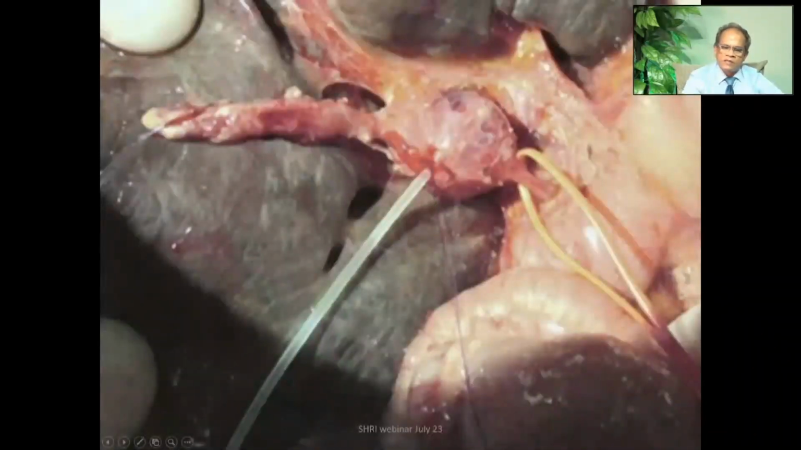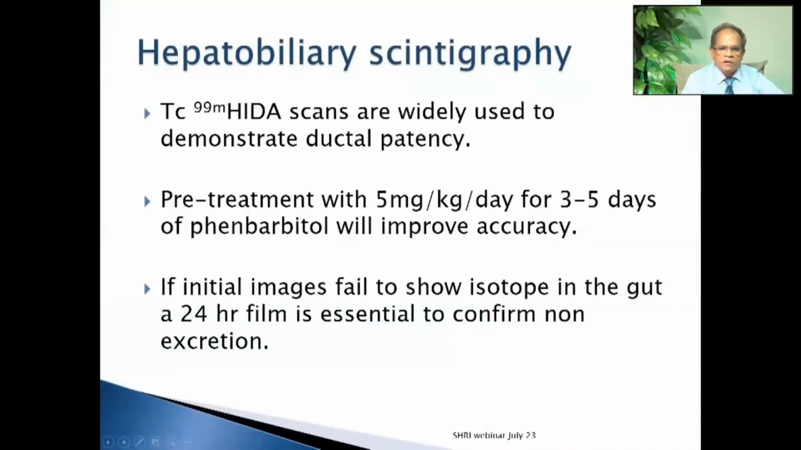So it is important to differentiate, because the prognosis of one is dismal, whereas in the other it is very good. And this is that same patient, the untable dissection. And so apart from ultrasonography, you can do a hepatobiliary scintigram, which is usually a HIDA scan,